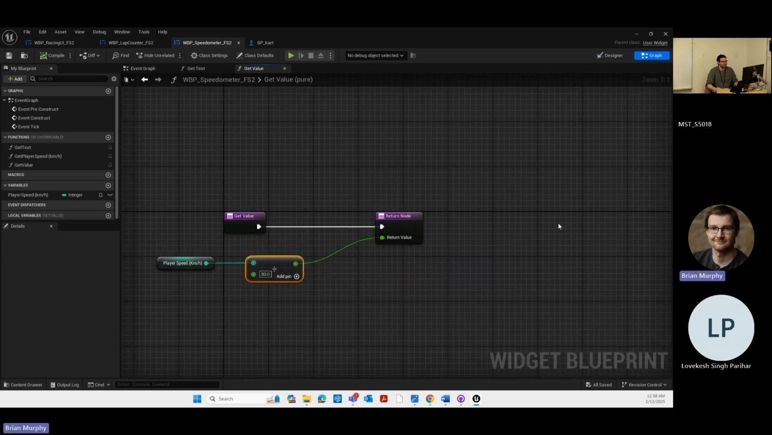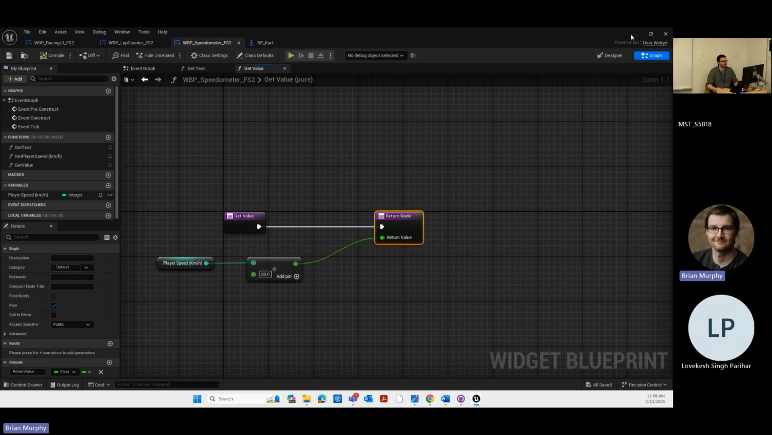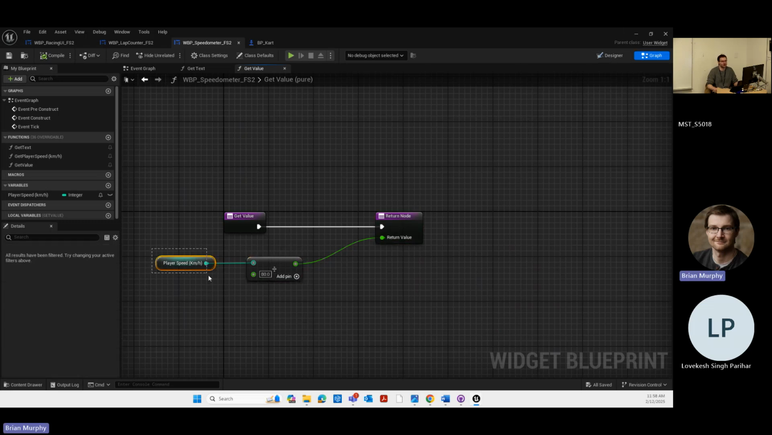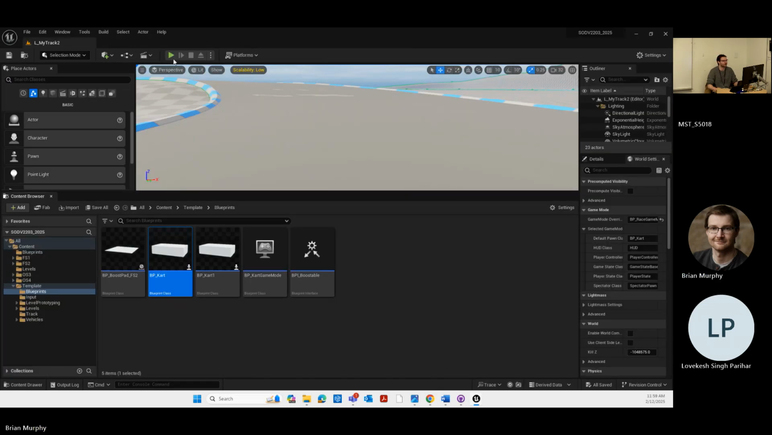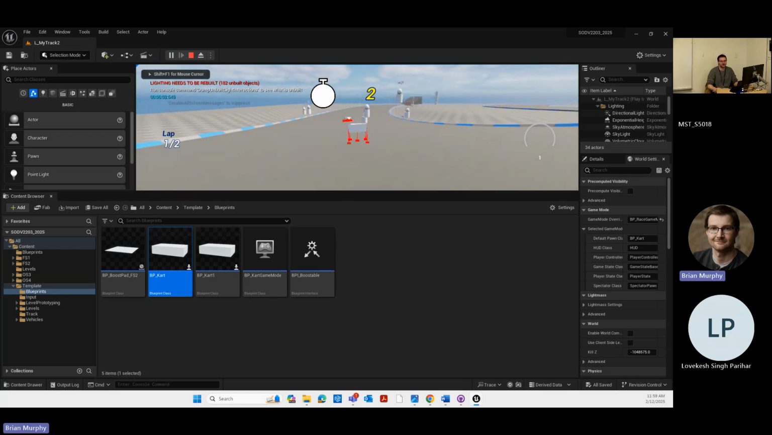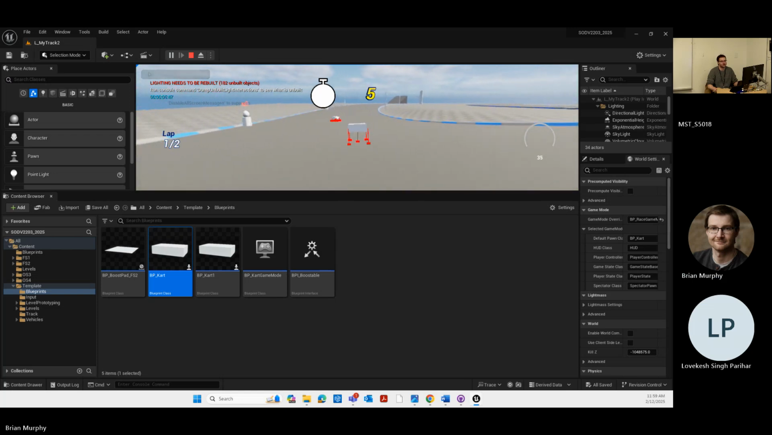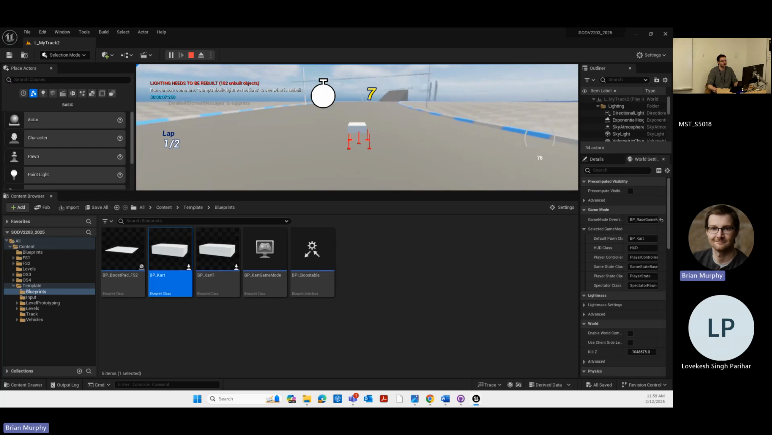We're dividing it by 80, and we're returning that value. So this should return a value between 0 and 1, depending on how close the player's speed gets to 80 kilometers an hour. So if I press play again, you can see now we have that radial bar there. Now if I start going forward,